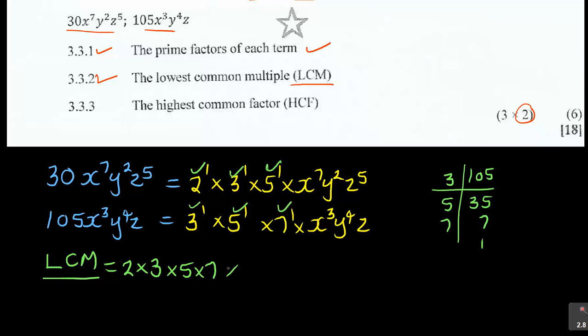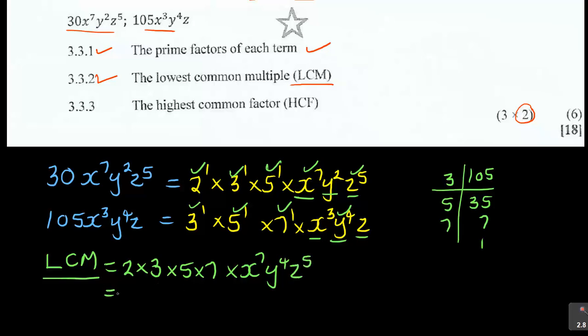Then after that, you look for the variables, the x, y, and the z. You look for the highest exponent. So for x, you check x there, check x. 7 is the highest, so it's x to the power of 7. You go to y. I've got y squared and y to the 4. That is highest, which is y to the power 4. Z squared and z to the 5. That is the one, it is z to the power 5.